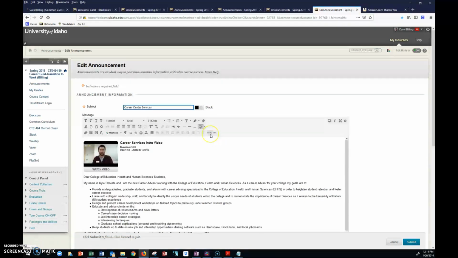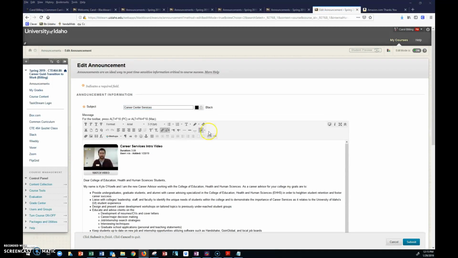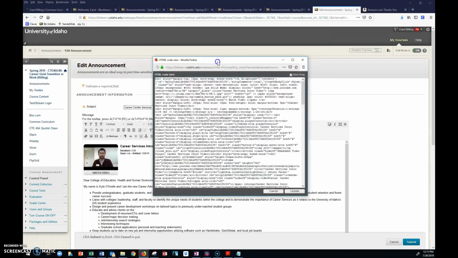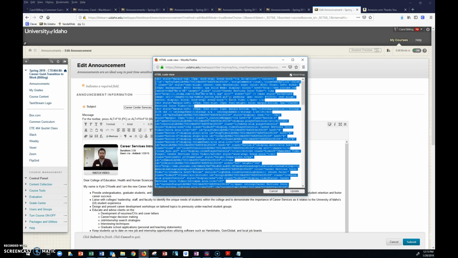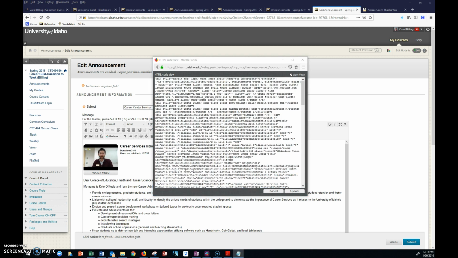So just to show you briefly, if you made something and you want to share it with other people, all you're going to do is come right here to the HTML button. It'll open up this HTML window. Click once, so your cursor's in this box. Control A, which is all, selects all. Control C for copy. Then you would open up a